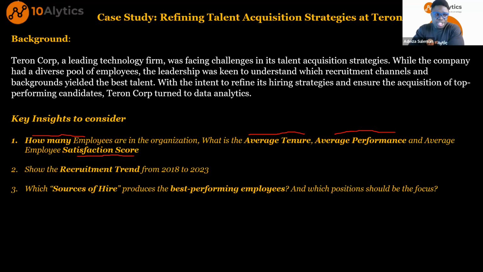Question 3, which sources of hire produce the best performing employees? You want to find out, do you get your best employees from LinkedIn, from recruitment agencies, from the company's websites, the company's adverts? You want to find out the source of hire that produces the best performing